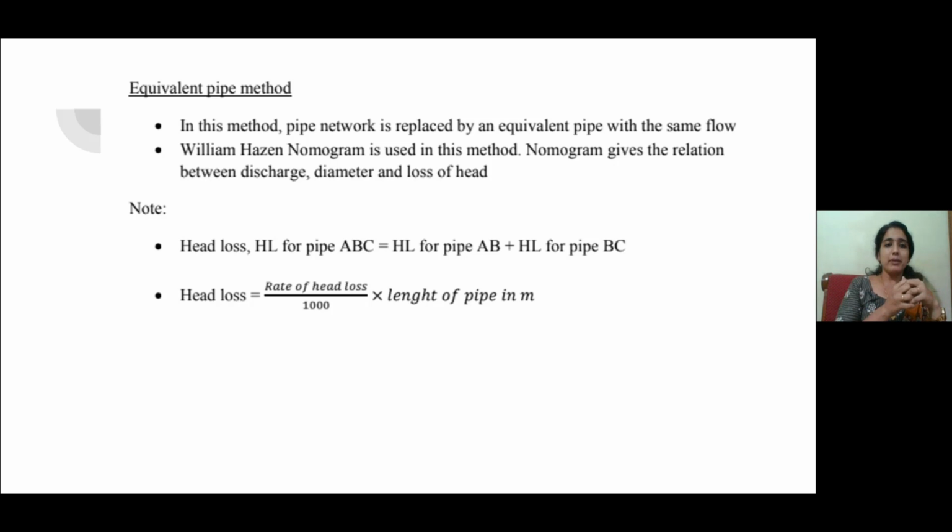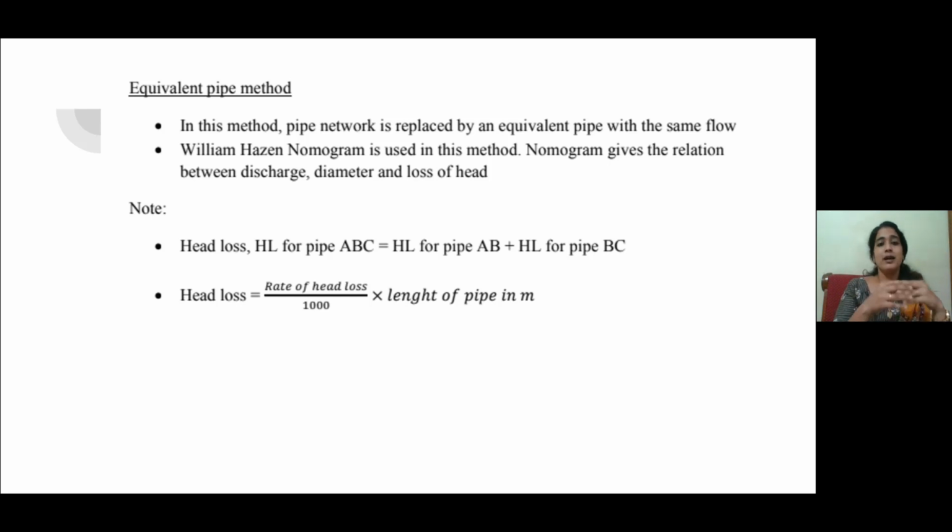In the equivalent pipe method, the pipe network is replaced by an equivalent pipe with the same flow. That is, you know that the pipe network consists of so many loops, and these loops are converted into a single pipe which contains the same flow as that of the original network. This will help in reducing the task of calculating the discharge and the head loss in a totally complicated pipe